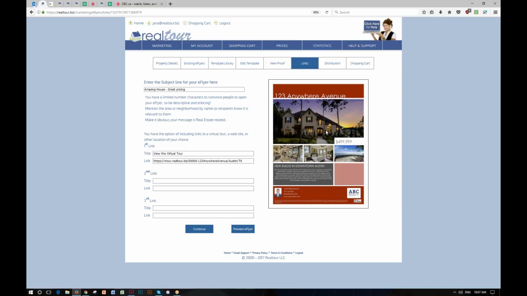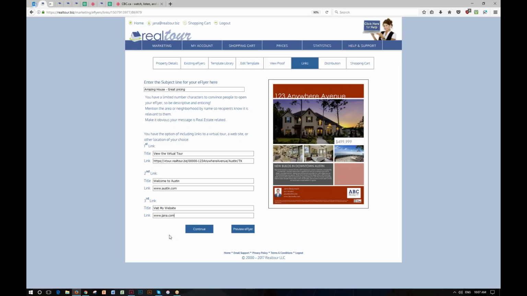Now these fields are editable, so if you wanted to change this to something else, you can. Or, like I said, some of our clients only use us to make e-flyers. They might use a different company for their virtual tours. That's fine. You can get the link for that other virtual tour and paste it in here, and then this e-flyer will link to the virtual tour of your choice, okay? Totally up to you. You have two other links that you could use. You might want to have one that says, welcome to Austin, right? And then the link is just whatever that website is, austin.com. And then you may want to, visit my website if you have your own website, okay? And then whatever that link is,